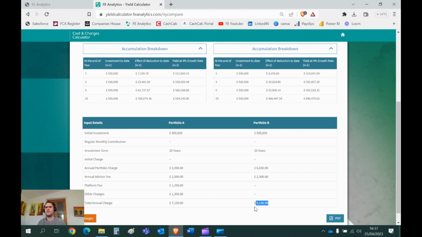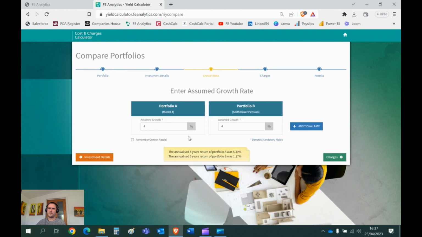And for things like pension switches in particular, that's how a lot of advisors will be using analytics as a pension switch report, but you can use this on any contract. It doesn't just have to be pensions. Just to go back a couple of stages, it's worthwhile pointing out, you can obviously mess around with these growth